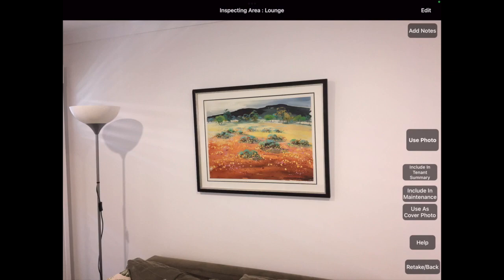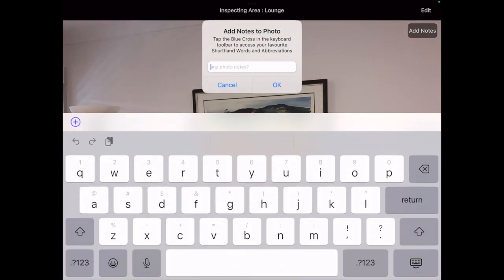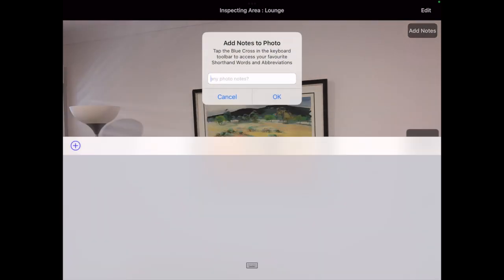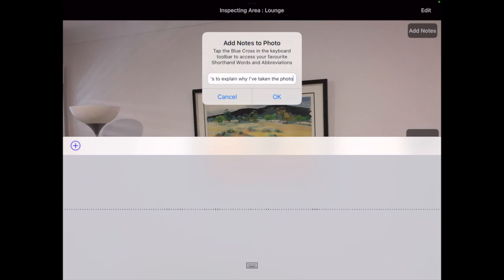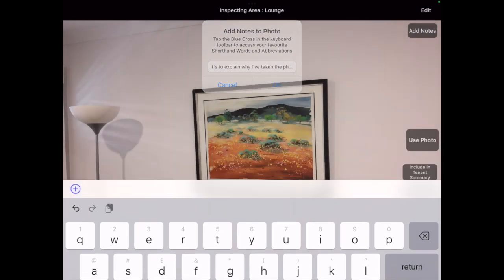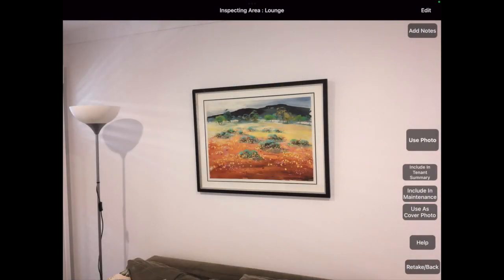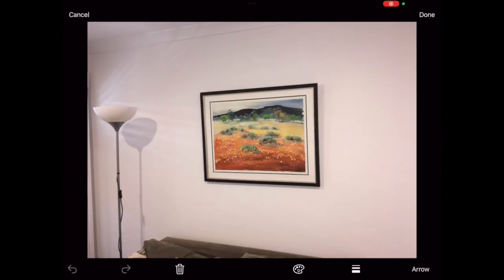Now I've got a number of options. So if I take one photo at a time, I can actually go up above where it says use photo. I can add some notes to that photo. I'll just put some here. We'll go above the report, sorry, the picture in the report. You'll also see in the top right hand corner that I've got an edit feature. And if I press the edit feature, it allows me to use this suite of tools on the bottom bar,